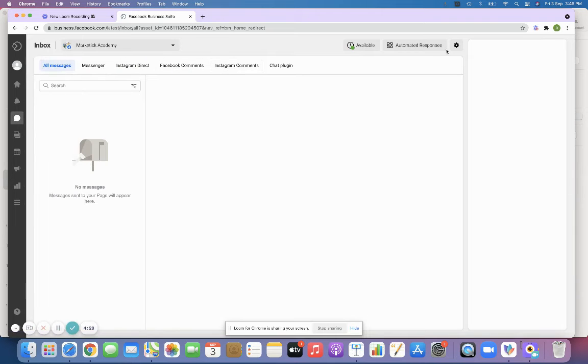In Inbox you'll be able to see the messages from your Messenger, if somebody has texted you on Instagram, or if you have received a comment on Facebook, anything. Any type of message will be reflected in this dashboard.